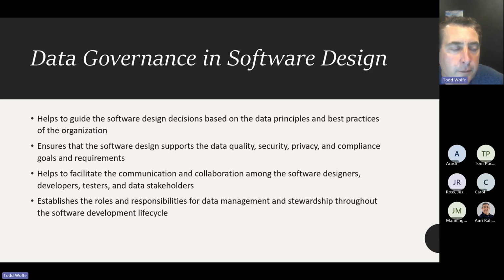I see many times when data is part of a project or software development, the data management practices and processes that you'd expect to be in place, because data management practices have been a bigger component of organizations for much longer than data governance has, will even get skipped over. So the management around the processes of handling data throughout the life cycle is not always accounted for, and not always thought about until after the fact along the way. So if we do it here, we'll catch it in the software design phase and make sure they are accounted for.